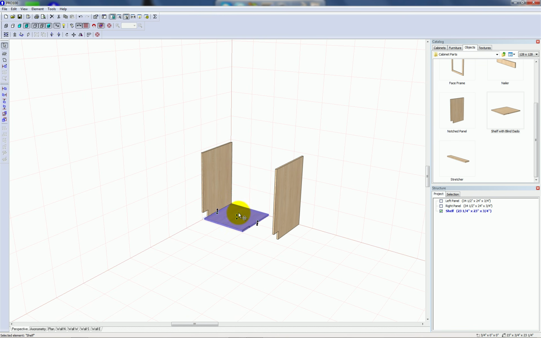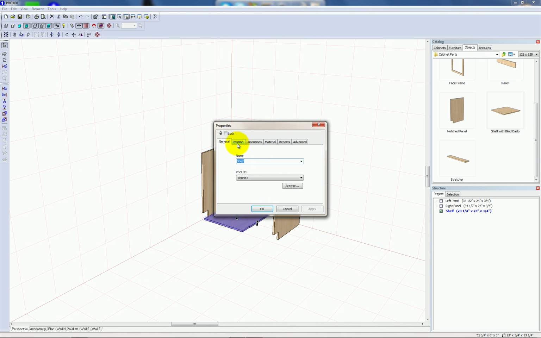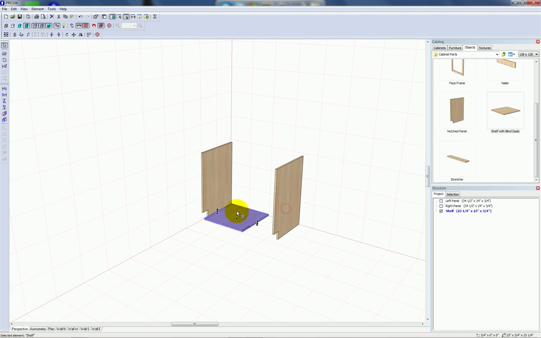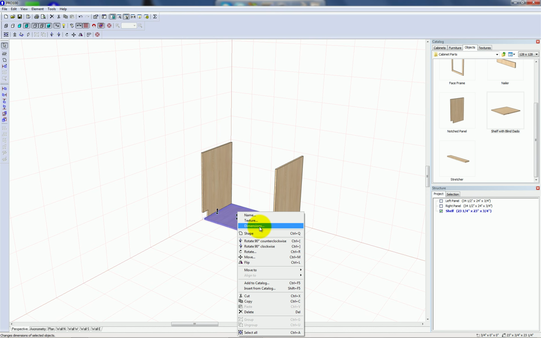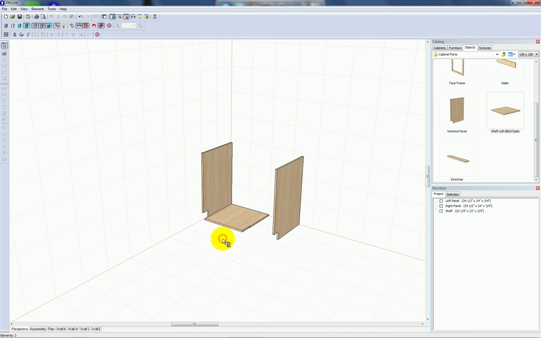So, for example, when I right click this part, or I'm going to double click it, which is the same thing as right clicking it actually, unless you want to open the properties, you can simply double click. If you want to open the menu and then go to properties, you pick the property that you want to go directly to. But if you want to enter the shape editor, you have to do a right click. So since I'm not going in the shape editor, I'm just going to double click it,